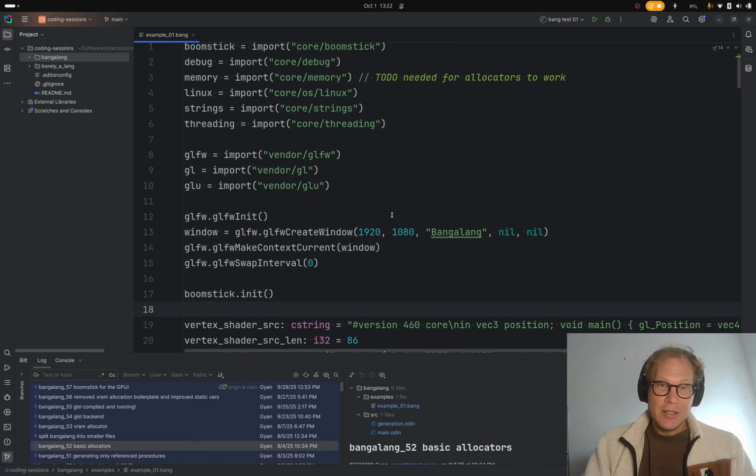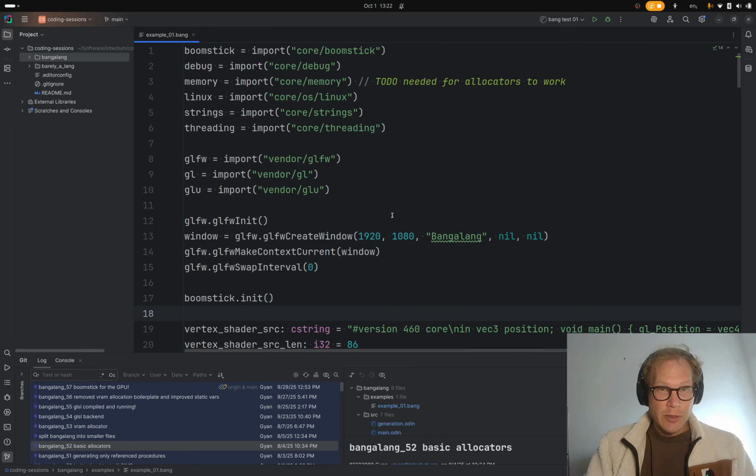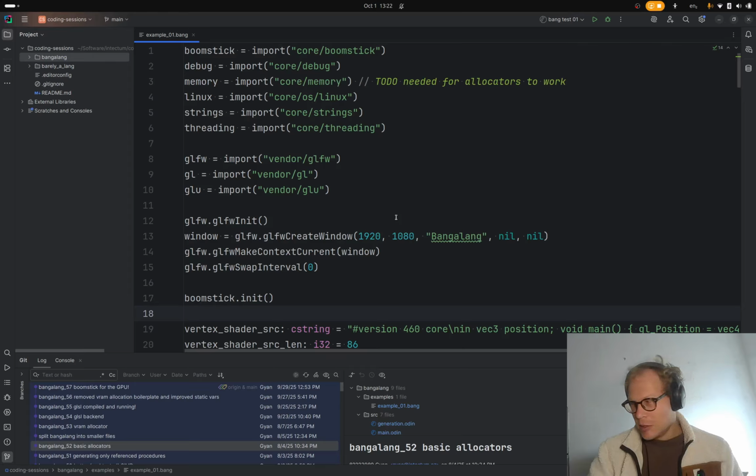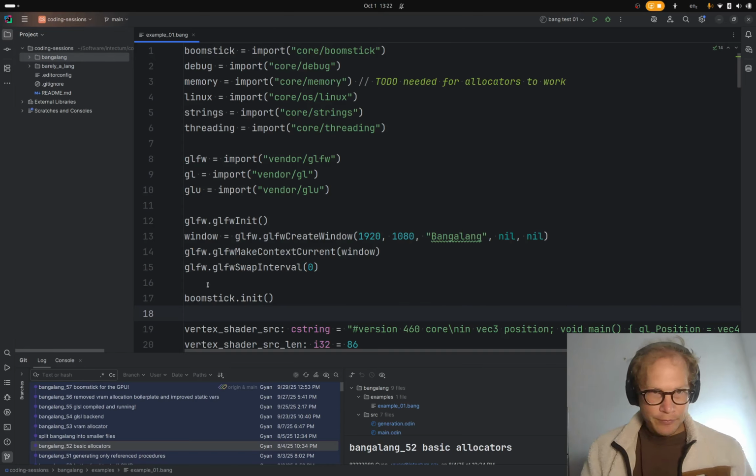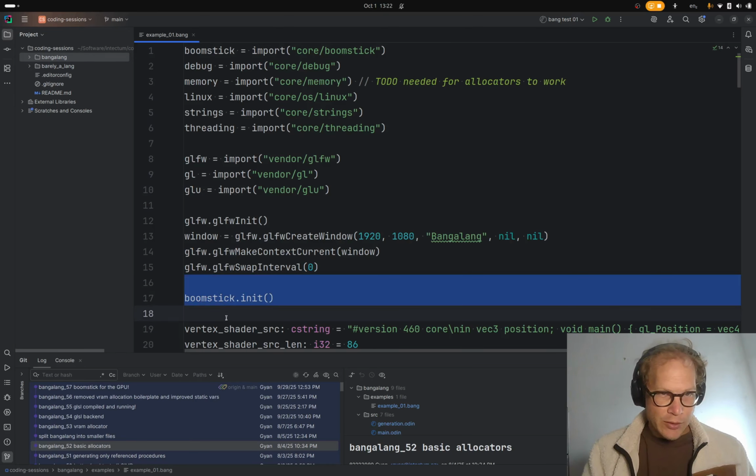So in the last session, I was pretty stoked that for the basic case that we are using right now, we got Boomstick working on the CPU and GPU. I say for the basic case because I'm sure there are lots of ways that we could write Bangalang source code and it will crash. I know of a few ways, but basically we got it working so that all we have to do is